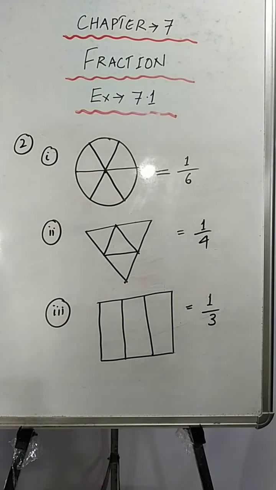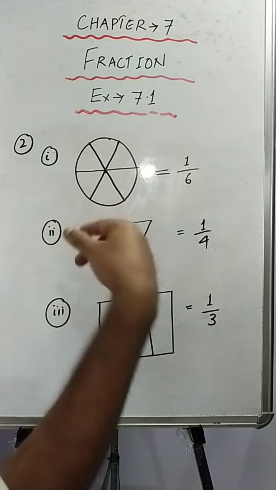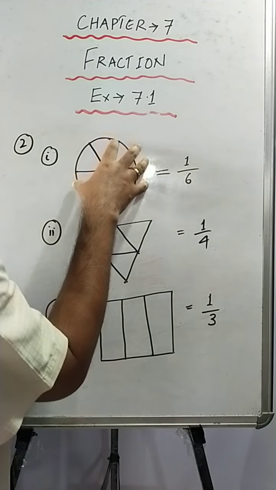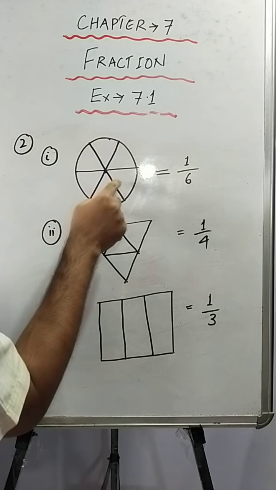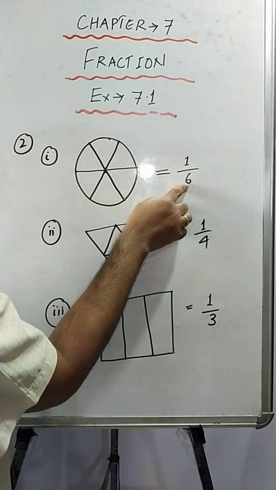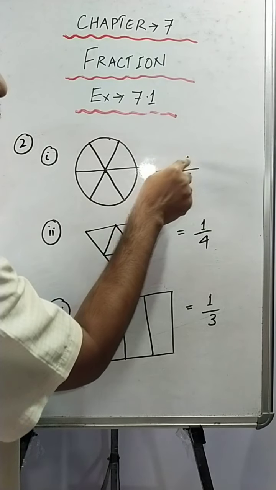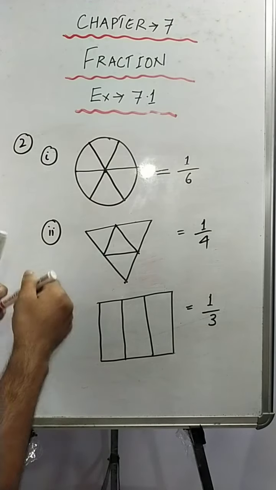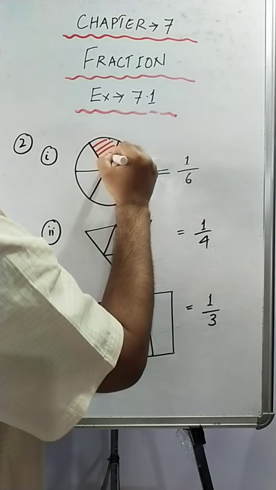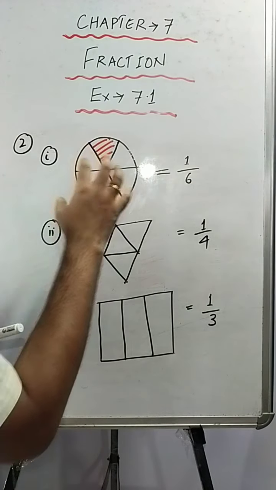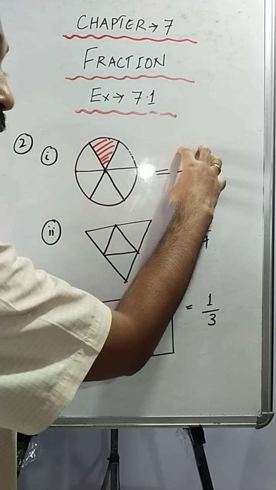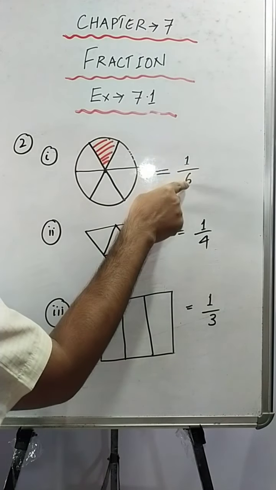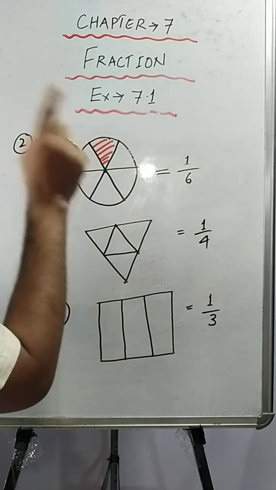In question number 2 they have given some figures and you have to shade this time. How do you shade? See, in sum number 1, how many total divisions are there? 6. I have written 6, it is already given in the question. And how many parts do you have to shade? 1. That is, out of 6, any one portion you have to shade. You can shade any portion. I am shading this one. Sometimes the fractional form will be given, and you will be asked to shade according to the given fraction. Out of 6, how many parts do you shade? 1. So just shade 1.